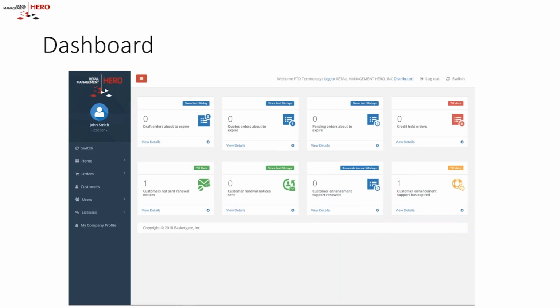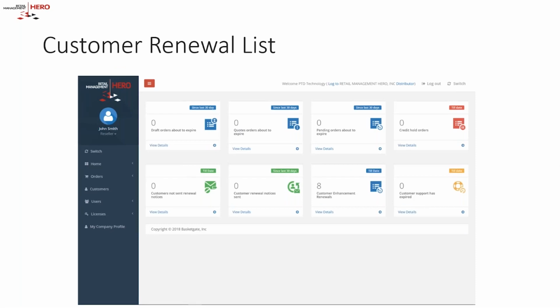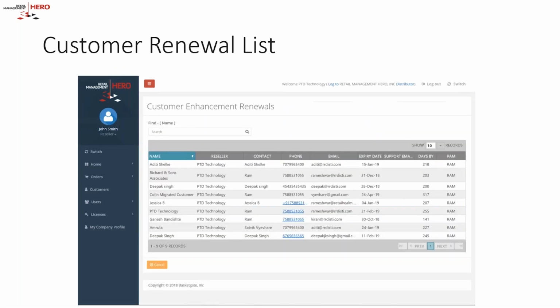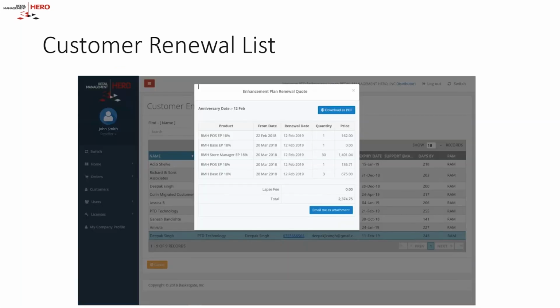So let's have a look at what happens when you are doing a customer renewal, and you actually bring the list of the customers that are up for renewal. In this case, what I can do is click on a customer, and it will actually give me enhancement plan renewal data. It will tell me for this particular customer, these are the products that they purchased, the date that they purchased them, the date that the renewal was for, and also what amount is the lapse fee